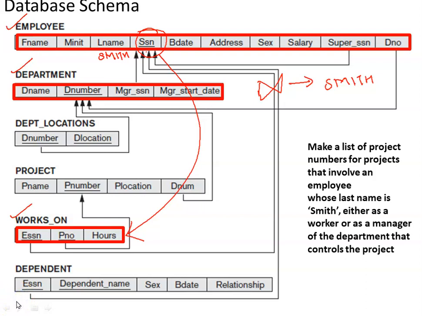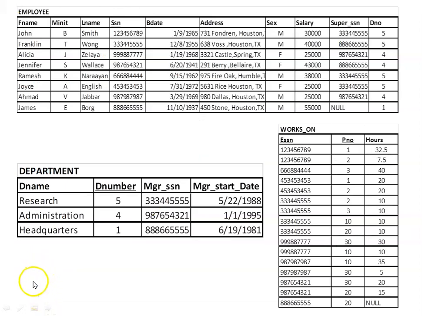We'll try to understand it with the help of the database snapshot. We make use of only these three relations: department, employee and works on. That's more than sufficient.